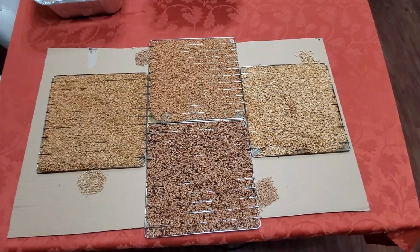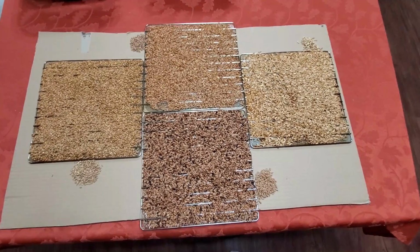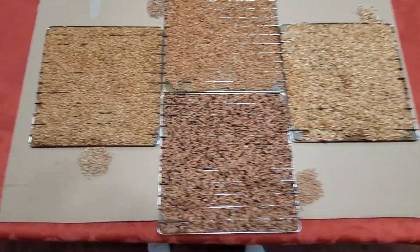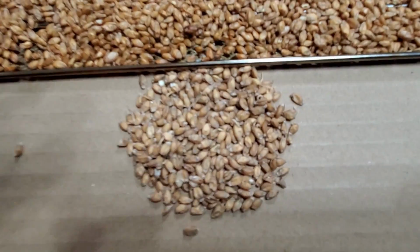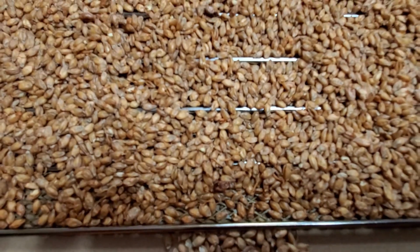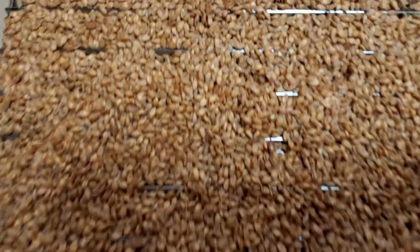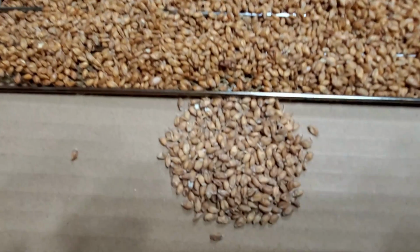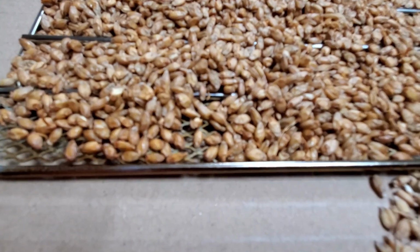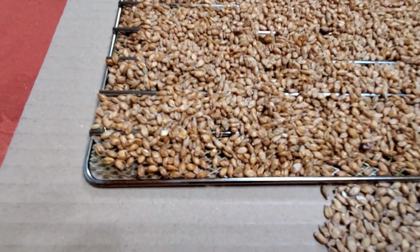Okay guys, well, here we are. We've got all 4 of these out of the smoker. I put a little pile of each one pre-smoked by each set, just so you could kind of see the before and after. But let's take a look. Let's start with our einkorn, and you can see, look at the color. That's our before. That's our after. So you can see the color differences of the einkorn, what it looks like after a really good smoke. It picked up a lot of color, and we'll see if we can get in real close. You can see some of the shininess of the grain, and just the depth of smoke that it picked